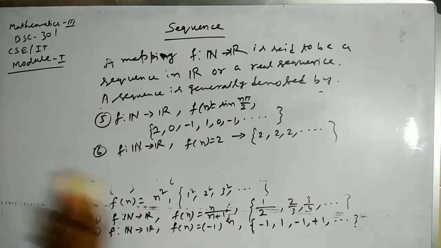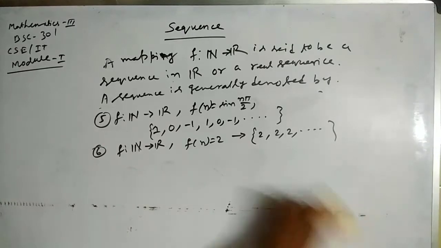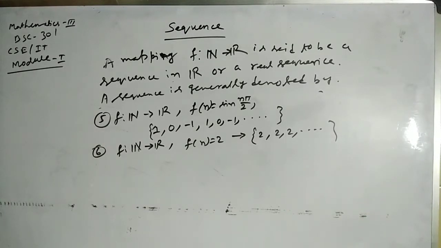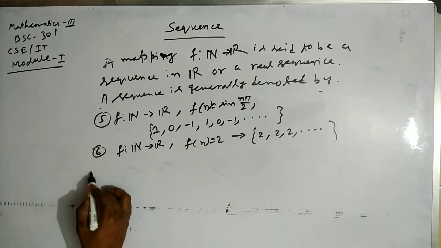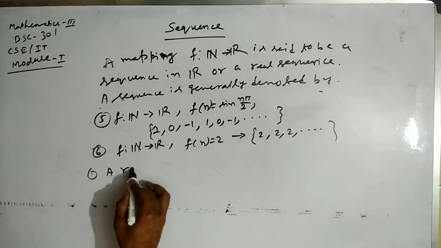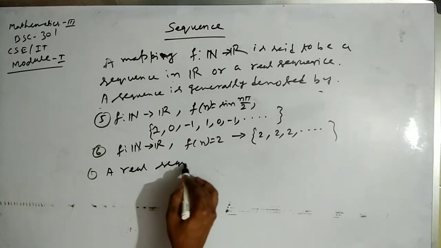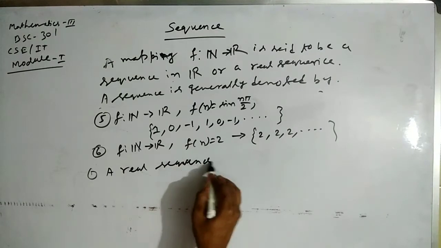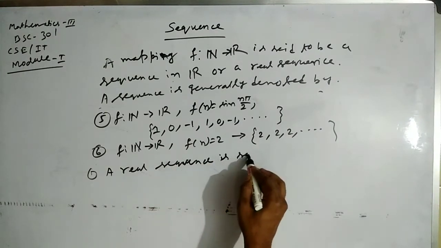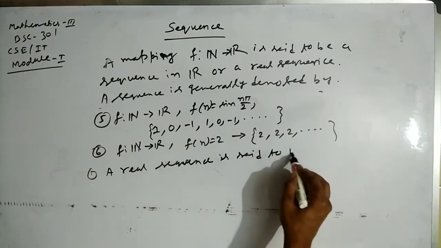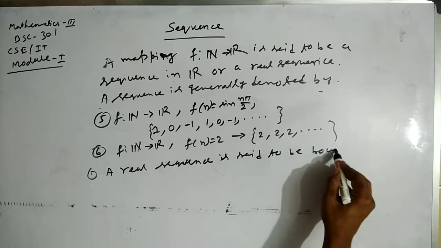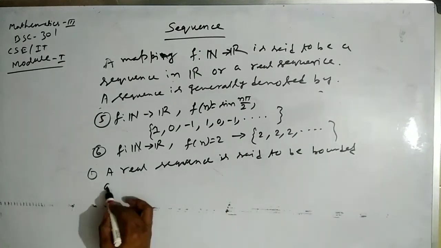Now I'll tell you some definitions and properties of sequences. Number 1: a real sequence is said to be bounded above,